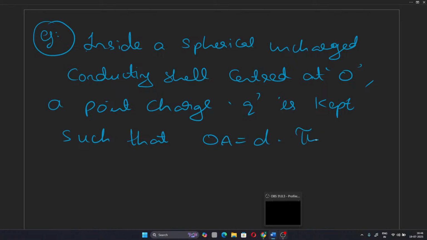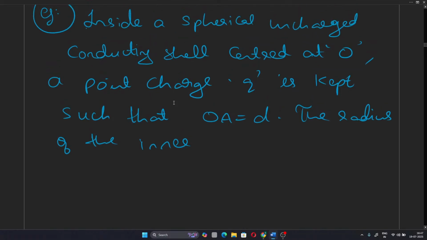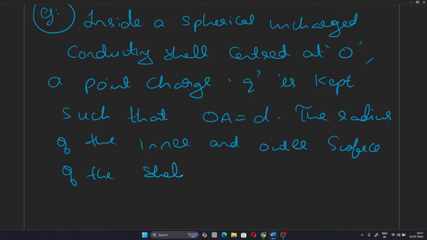The radius of the inner and outer surface of the shell is r and R respectively, then the potential